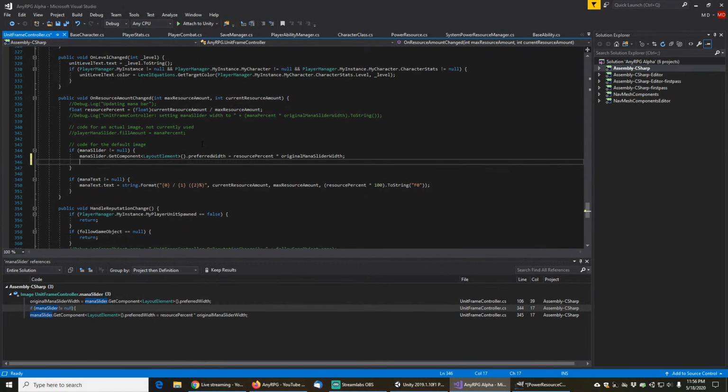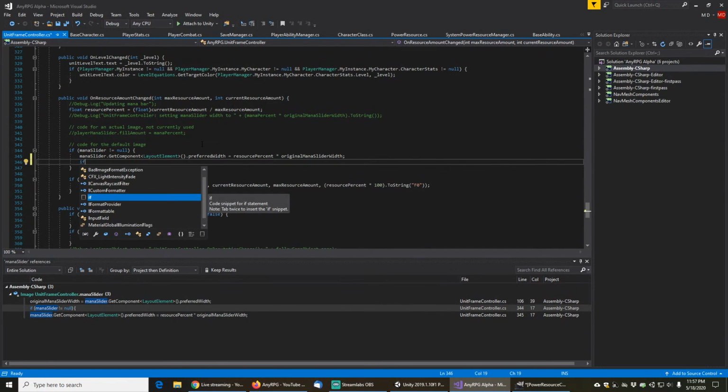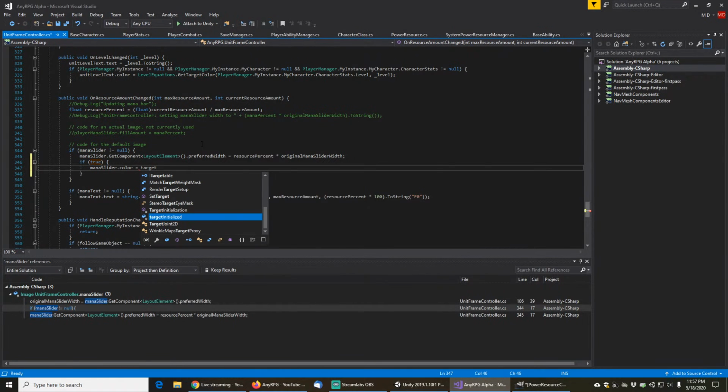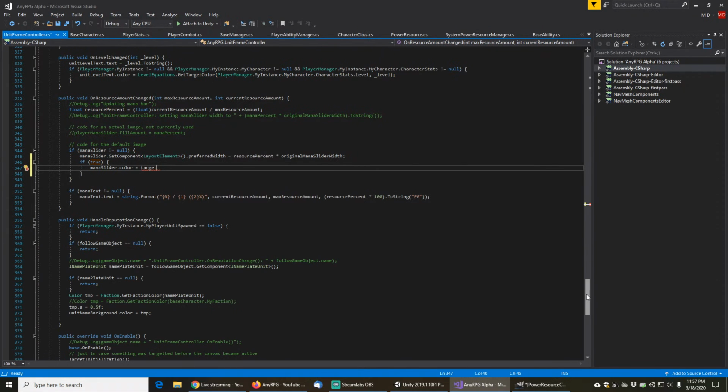But let's see, we want to change the color on it. So we have a reference to our current target. So what we want to do is set the mana slider dot color equal to our target, and